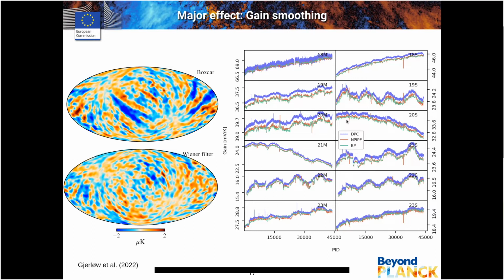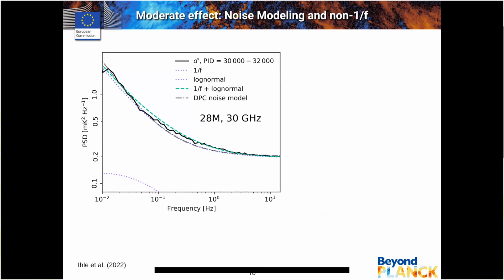So, and then another thing that we've done is improved on our noise modeling. So it turns out that the problem with the 44 gigahertz data that we're seeing, that it was not well fit by a standard 1/f noise model. And indeed, it appears to have some extra contribution from a second component. So we added a log normal component to our noise model for some of the channels, and this allows us to much better model the resulting noise in the time streams using this method.